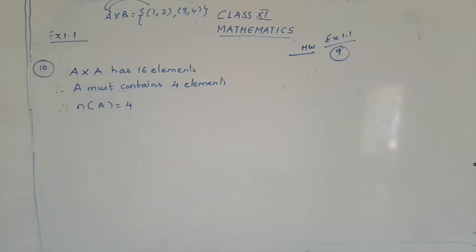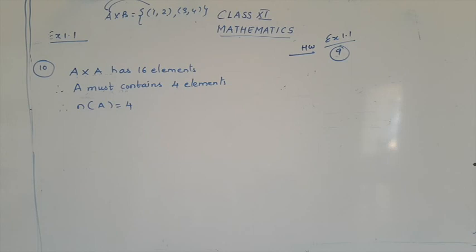Okay. Now what else is given to you? The condition for S is given. We'll take the condition later on. Now let's go for the next part. (-1, 2) and (0, 1) are 2 elements of S. So 2 elements of S are given to you. And what's the rule given to you? S is equal to (A, B). Now from where is this (A, B) taken? (A, B) is taken from A cross A.